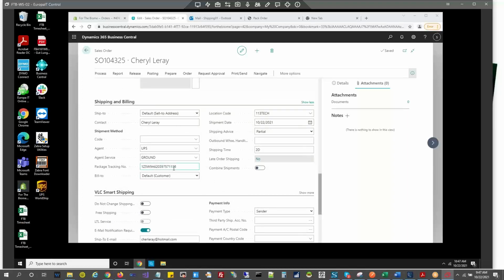So this is the package tracking number. We just pulled it in. But it's still an open sales order.